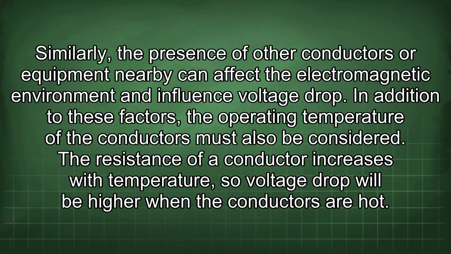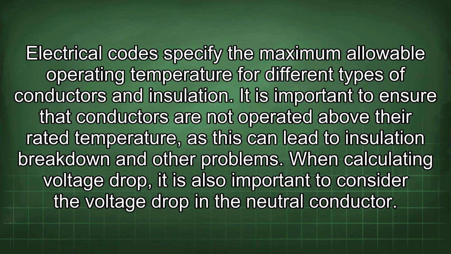In addition to these factors, the operating temperature of the conductors must also be considered. The resistance of a conductor increases with temperature, so voltage drop will be higher when the conductors are hot. Electrical codes specify the maximum allowable operating temperature for different types of conductors and insulation. It is important to ensure that conductors are not operated above their rated temperature, as this can lead to insulation breakdown and other problems. When calculating voltage drop, it is also important to consider the voltage drop in the neutral